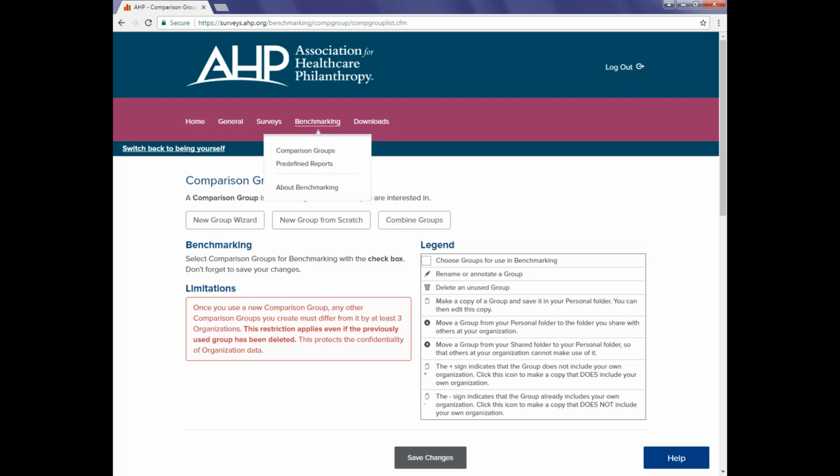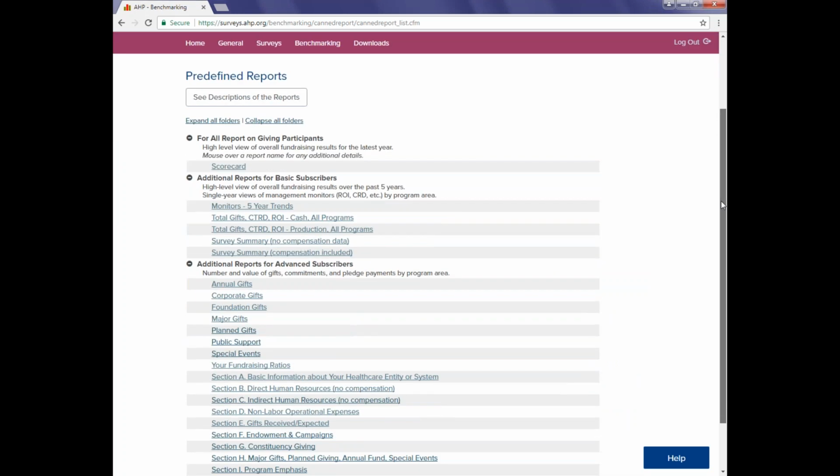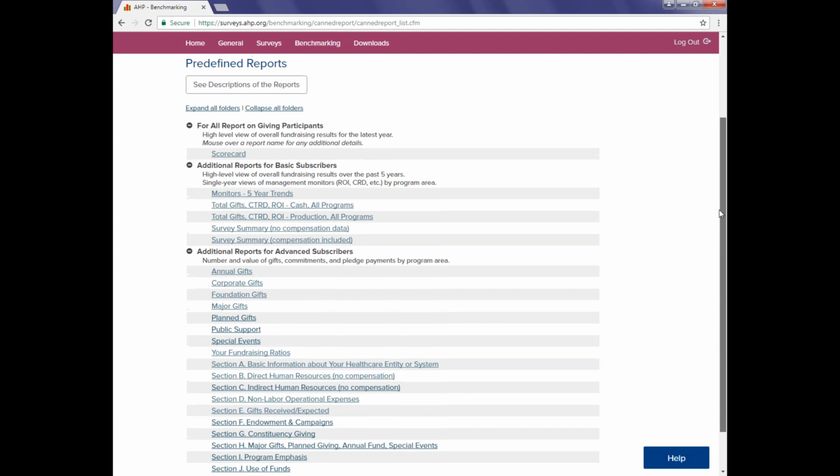Okay, well, let's go ahead and get into the reports now. Because based on the comparison groups that you create, you obviously want to see that information in a report. Now, this menu, I said at the outset that my role as test person P for this demo hospital, I'm able to see everything. So this is the menu that you would see if your organization paid for advanced access. And you can see here,